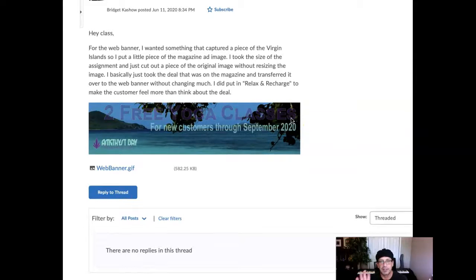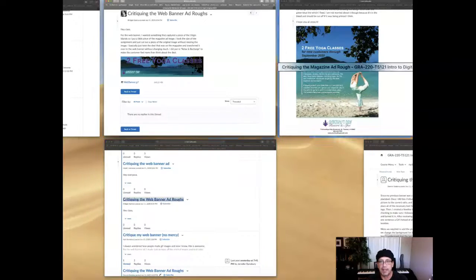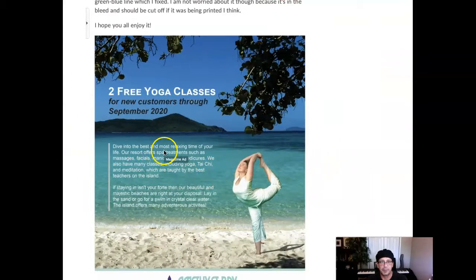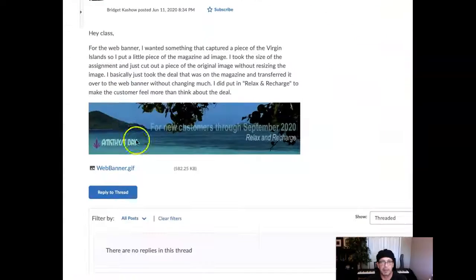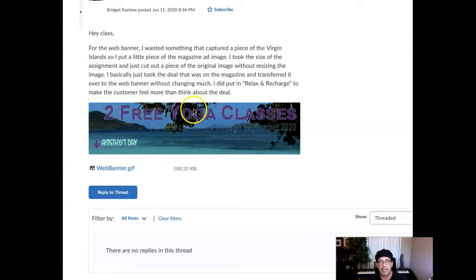So let me recommend a layout for you. All right. So remember that headline I said, dive into relaxation or something like that, whatever, right? Okay. So dive into relaxation, left aligned right up here. And that's in Arial bold. Then Arial bold italic subhead at a smaller scale is the subhead only at Amethyst Bay, right? Then under that, you can say your animation, just say free yoga classes through September, and have that animate out.